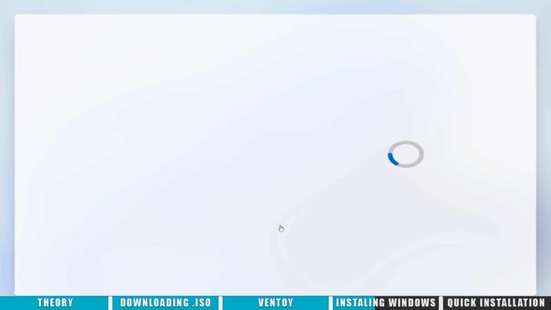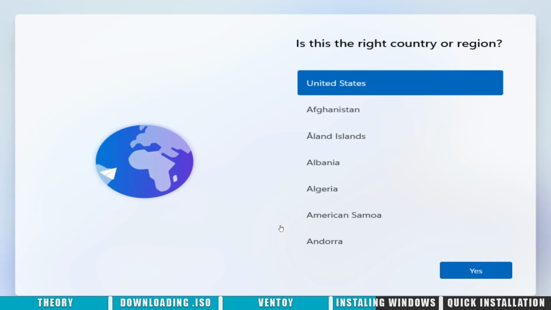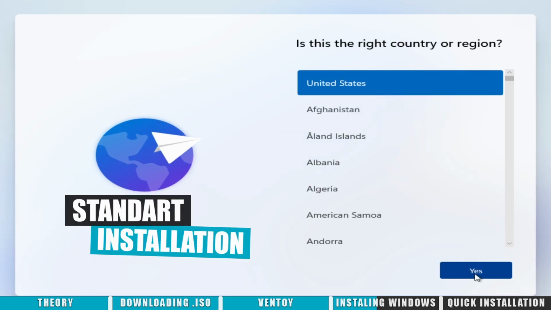The standard setup involves signing into your Microsoft account or creating a new one, as well as waiting for all the updates to install.